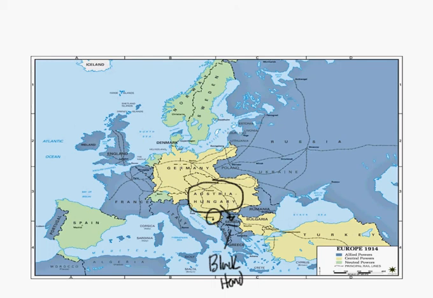So Germany gives them a blank check. You know what a blank check is. A blank check is saying you can do pretty much whatever you want. And Germany gives an ultimatum that you had to do all these certain things, and if you don't, we're going to go to war with you. Well, as Austria-Hungary is getting prepared to go to war with Serbia, because I think that was pretty much a done deal, they already had that planned, Russia, who is also Slavic, is going to get the back of Serbia. So here comes Russia saying, we're going to support Serbia.